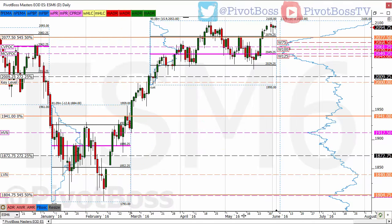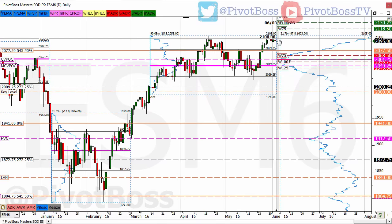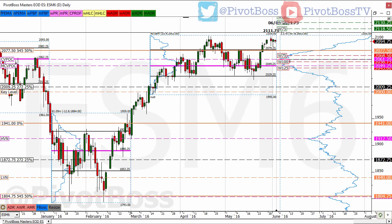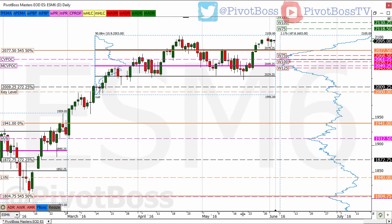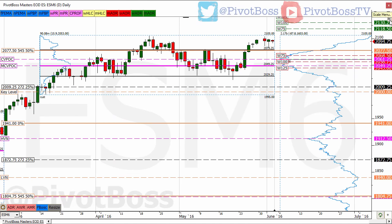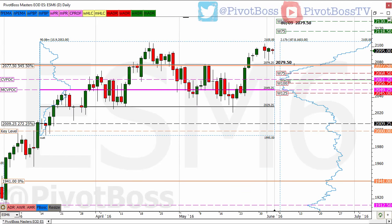There's nothing really to suggest that this thing would continue higher when it's basically been in this range for some time. Obviously, we could see any push beyond 2105s. Any rejection would suggest a rotation back across the range. Right now, the one thing that I really want to see is how does price respond above 2079s, because any failure to hold 2079 would then suggest that we're likely headed back toward 2029 with tests at the HVNs 2061,